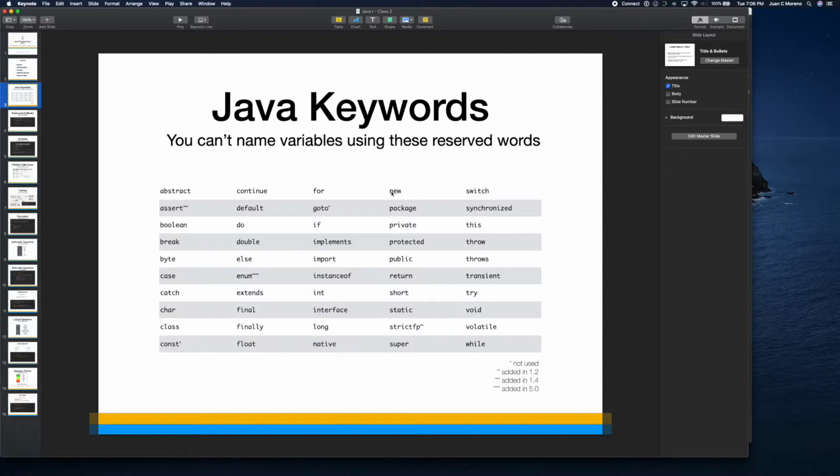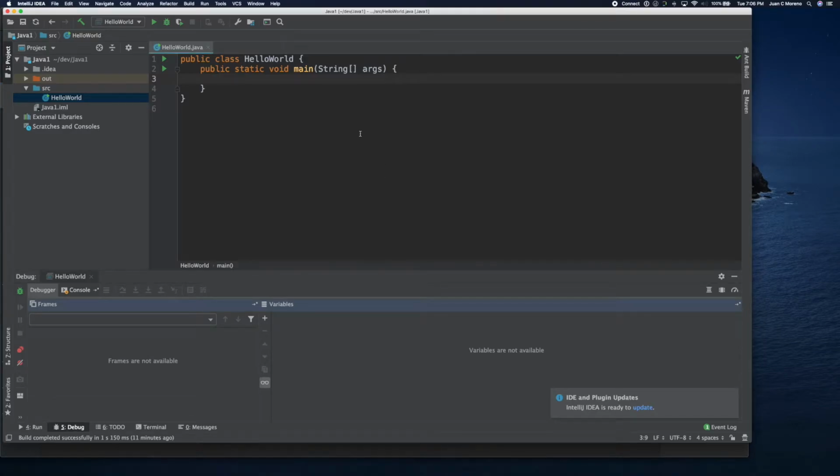It's in the list of protected keywords. So most likely, if we did, let's say, int old equals 4 or 5, and said int new